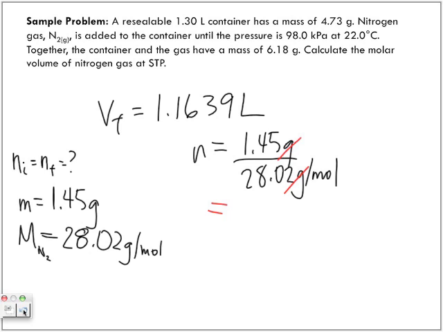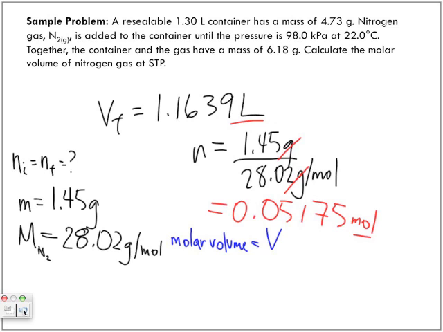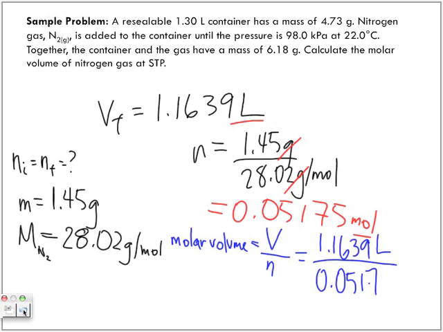get is 0.05175 moles. So now I have my n value, the number of moles. I have my volume. I'm being asked for the molar volume. Right. Molar volume is volume over the number of moles. So we've got 1.1639 liters divided by 0.05175